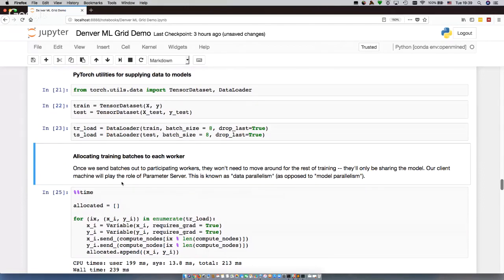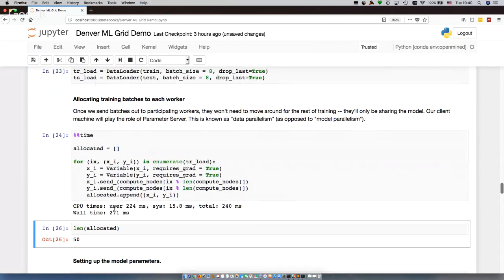Because, in theory, the data is going to live on the machines already. Here we don't have machines with data already, so we're just going to create the data and send it and train with that data as if it were private data, or just distribute data that was already distributed. So that's just doing that here. As you can see, it doesn't take too long,